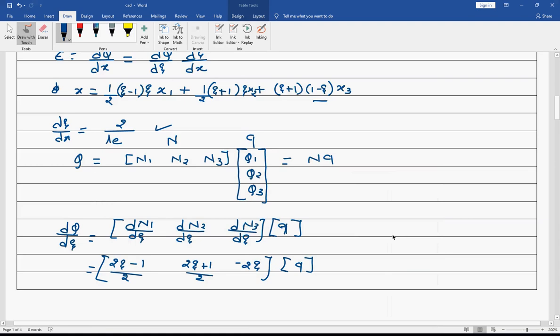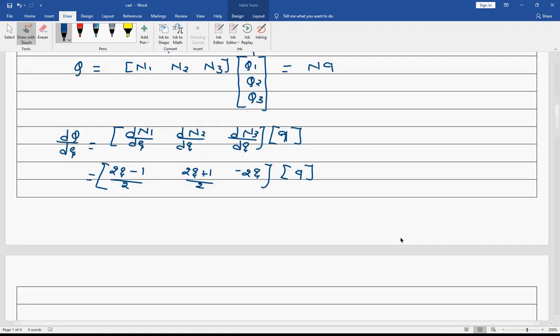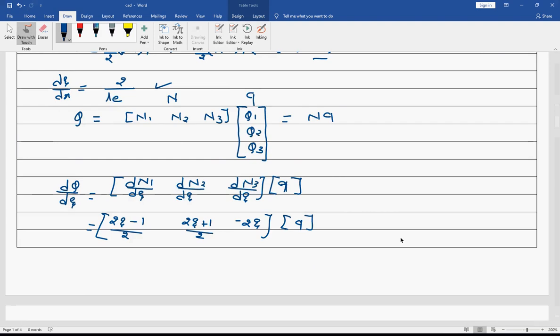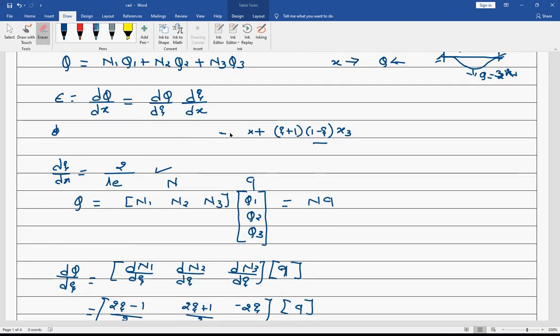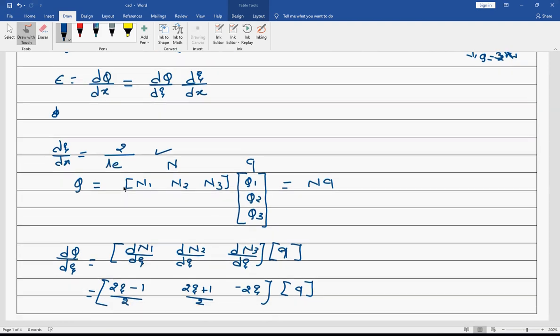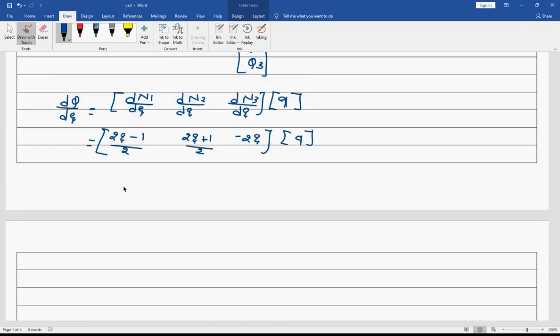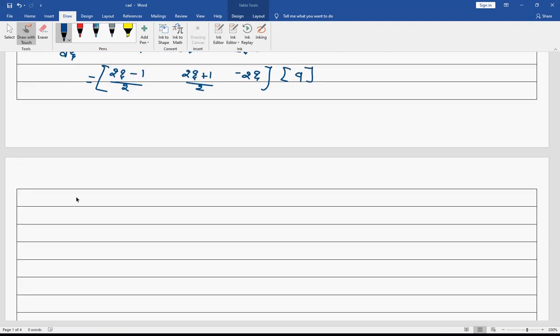Okay, so I'll erase this now because this is what I am not going to require. So that was an incorrect thing. Okay, so dz by dx we are going to take directly 2 by L, that already we have derived. Therefore my strain, which is dq by dx, will be equal to 2 by Le